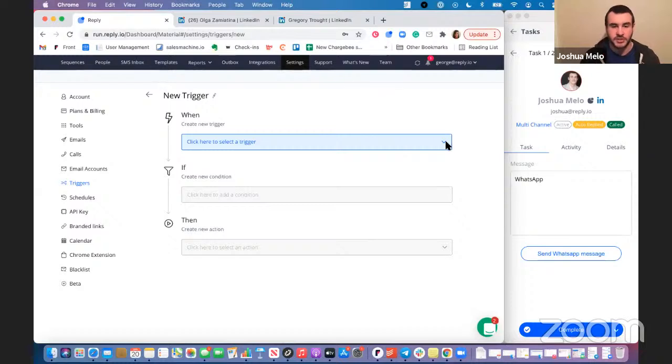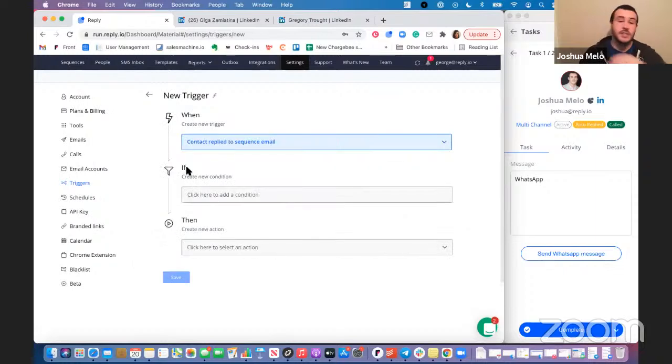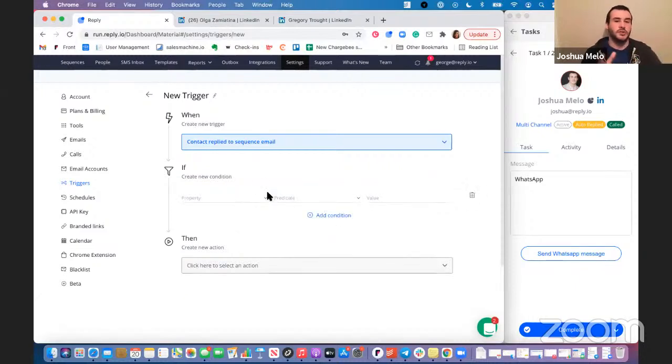So if you want to just hit the drop down there just to give people a look at what options we have. This is still in testing, so we will obviously be building out new ones in the future. But for now, the list is still pretty robust. And what this is really used for is essentially capitalizing on interactions. So the one that we have here, the example contact reply to sequence email, you can move people that respond automatically into a follow-up campaign based on the response. And then you can be hands off essentially at that point.